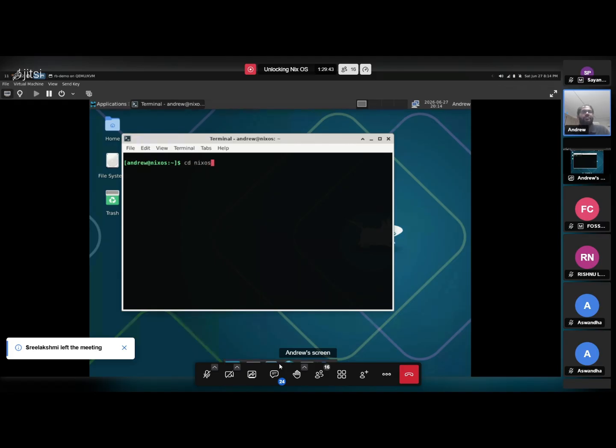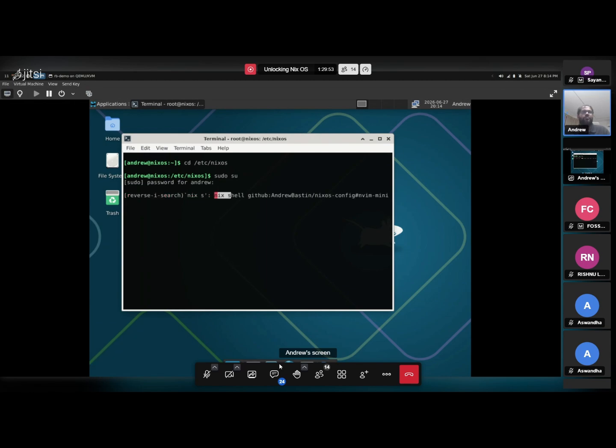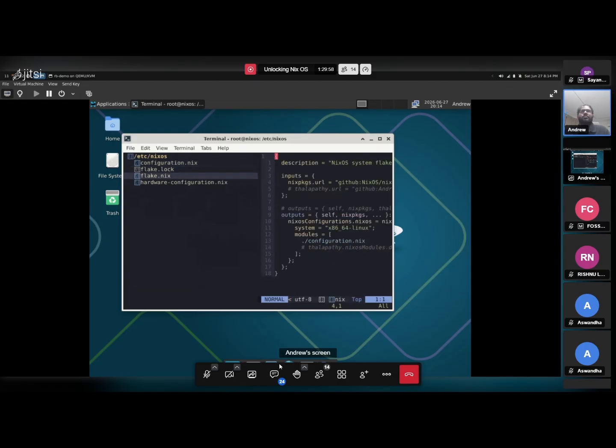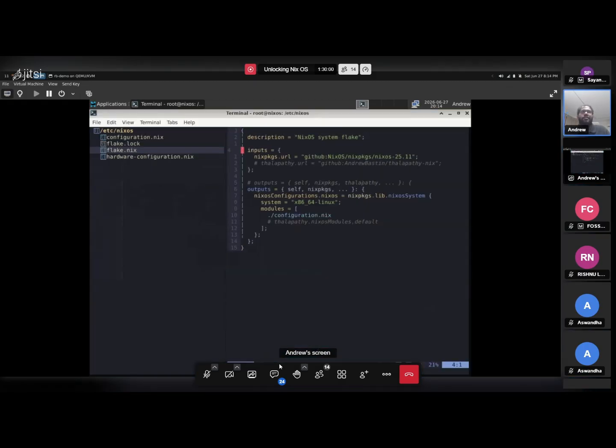I'm just going to go into /etc/nixos. Let's get into sudo so commands are easier, and do shell. Cool. I'm just going to say that I want my telepathy configuration. I already have it here for time's sake. I want to get it in the outputs, and then I want the module to be enabled.